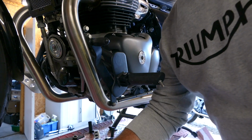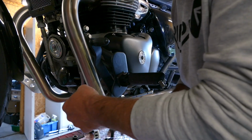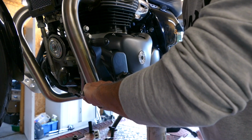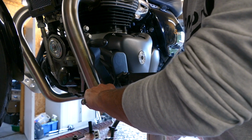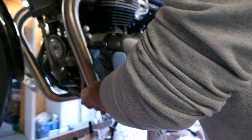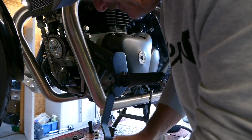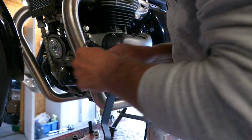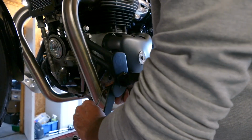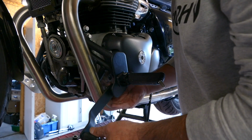So this side is even easier than the other side. Basically all we do with a couple of 10mm spanners is undo this linkage from the original gear lever. And then simply, again using a 6mm Allen key, undo the stop bolt